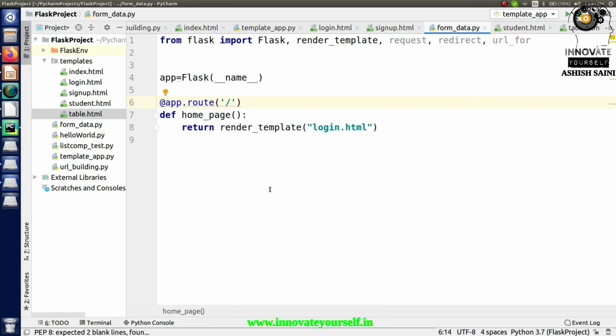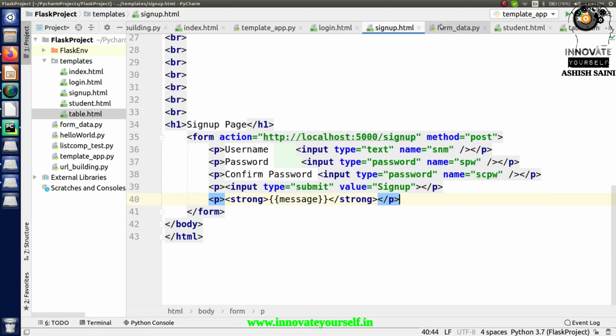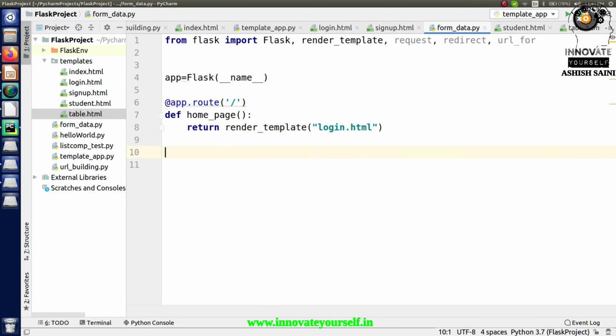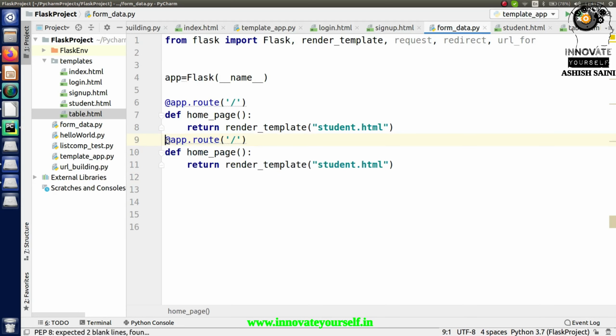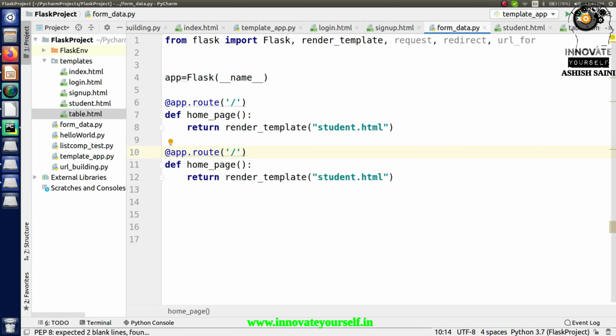And now one more thing is left, and that thing is that I have to create another routing for it, right? So for that, let's just change the name for it, right? So the name is student, so just pass it over here, right? So this is what exactly I'm going to do, and in this way it will just call this first on the home page so that it can ask you to enter the multiple values, and after that it's time to route it to another page, or let's say another API. And in here I'm going to just call the result, right? So for that, just give it some name, let's say result, right?